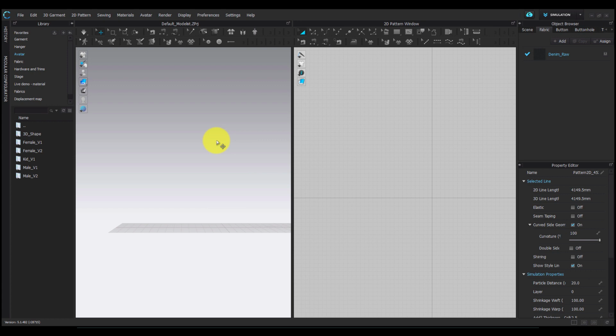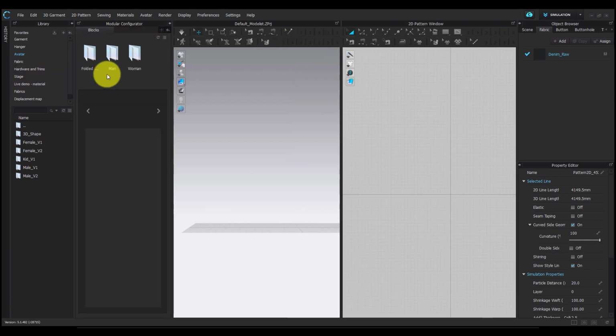Today we are going to learn more about a topic that hasn't been explored as much but has great uses. Modular mode, that is our topic for today, has two sections. One is the modular configurator section, which is the vertical tab menu on the left, and the modular mode, which is the drop-down section to the right. We will have two videos to explain to you the working of the modular section in CLO.